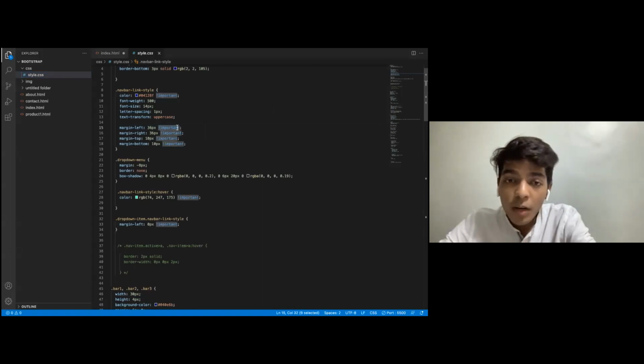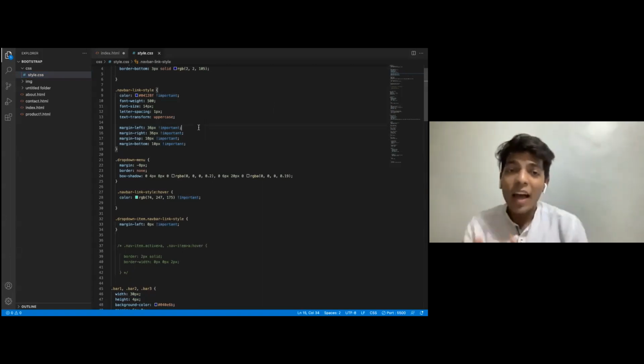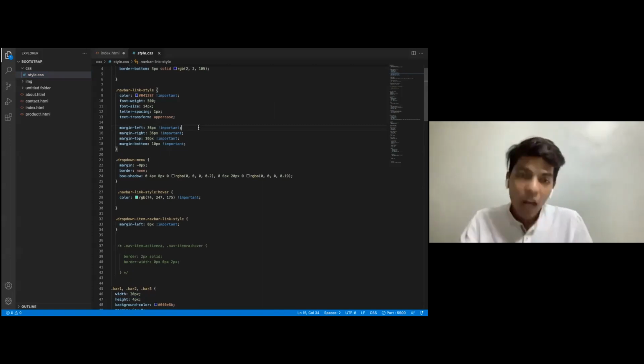What this important part does is that if I want something to be implemented on my website, by hook or by crook, because it is very important to me, then I use an exclamation mark and important, and the CSS would notice that part. CSS actually bifurcates the style sheets between important and non-important. Important things are looked at first and other things afterwards.